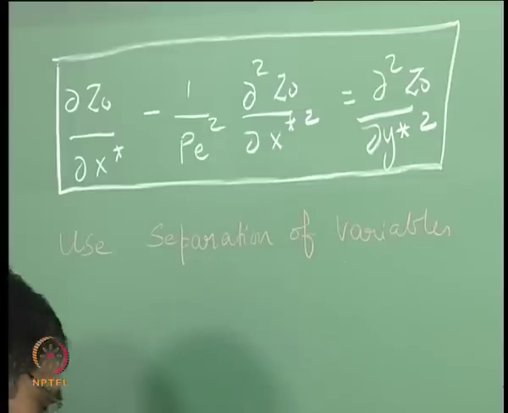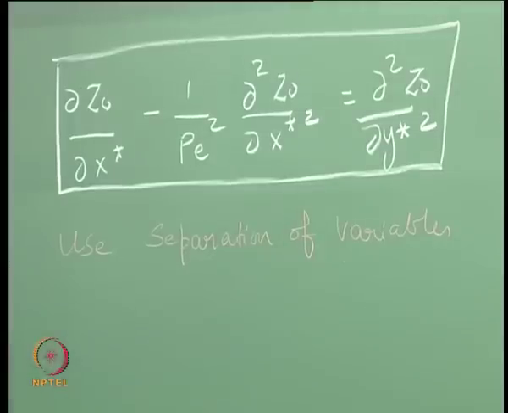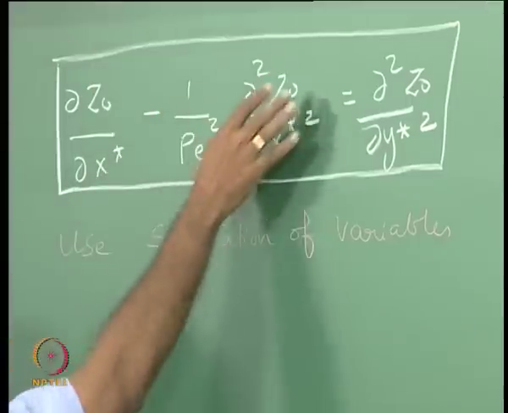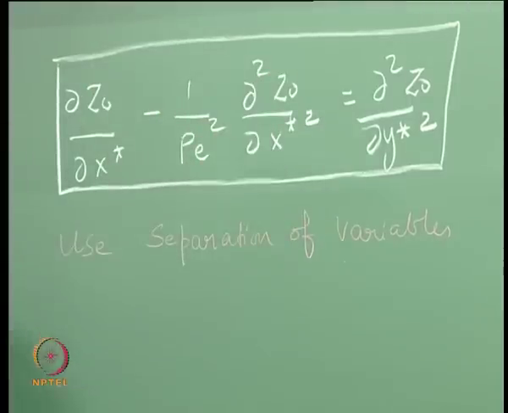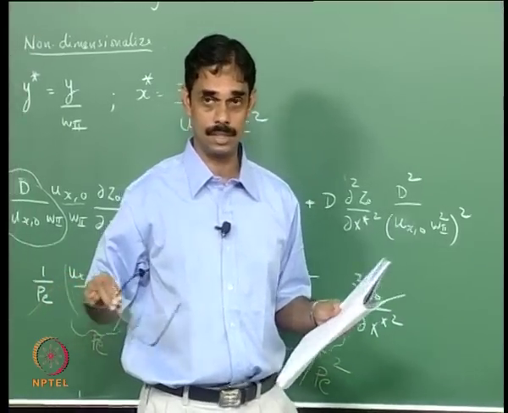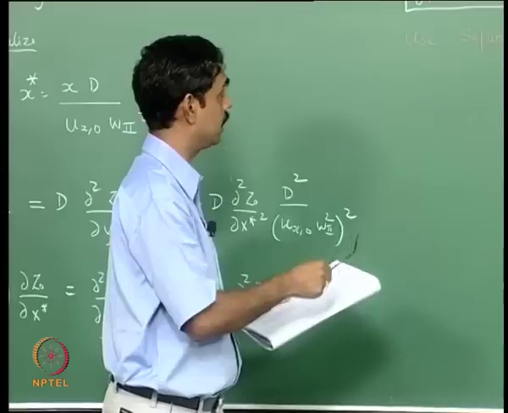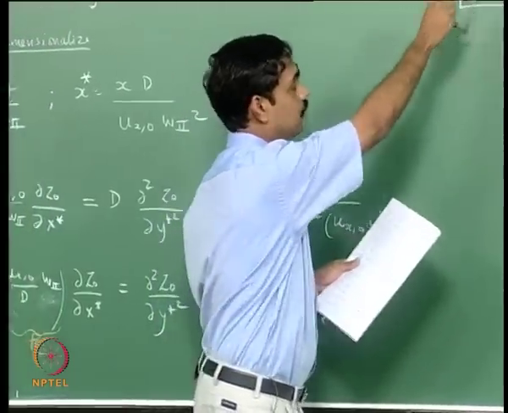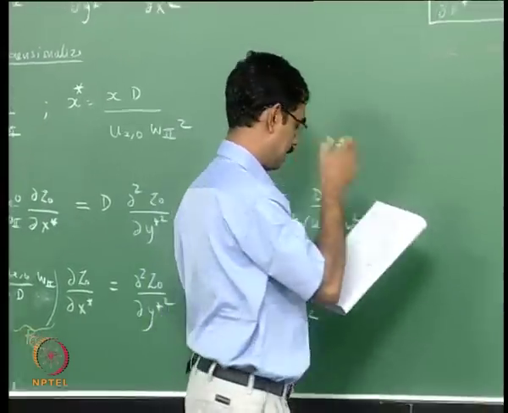Separation of variables. The meaning of separation of variables is when you have a function of x, so here everything on the left hand side is a function of x, everything on the right hand side is a function of y. So if you can manage to write it that way, then each of them should separately be equal to a constant. So there is a good chance that this would work and we should be able to write the left. At the moment we do not know what is z naught, but if we say that z naught